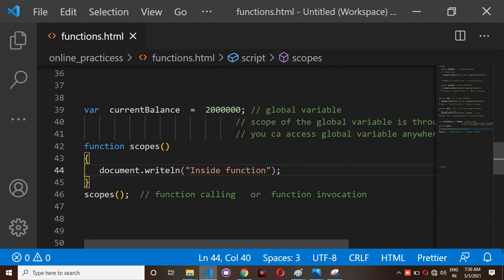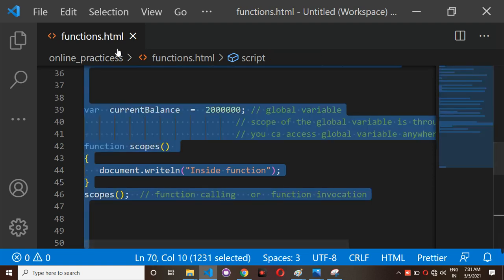Observe here, I'm trying to call this scope function, so whatever you have written inside document.writeln inside the function, you can see over the screen.